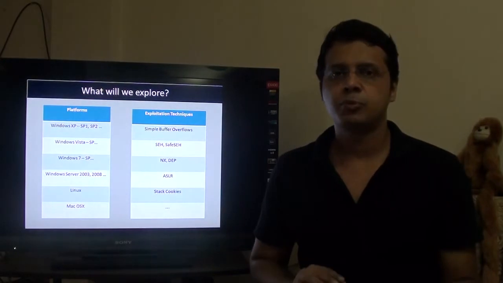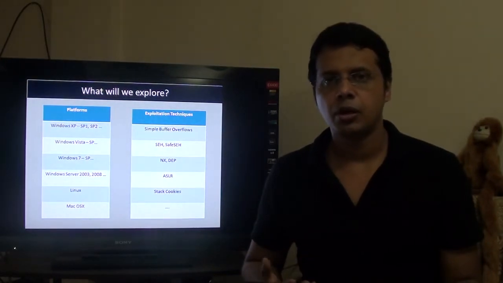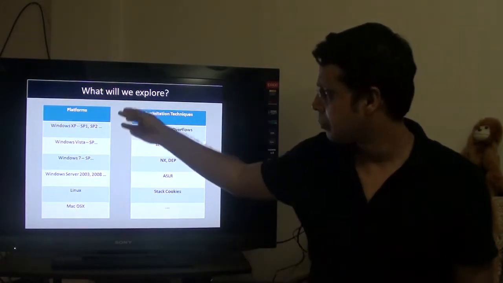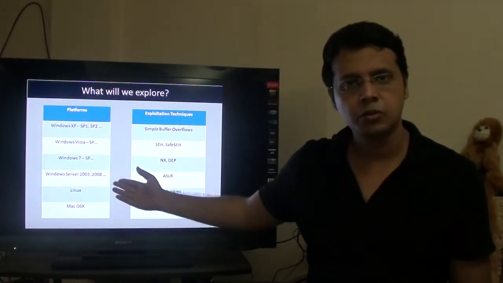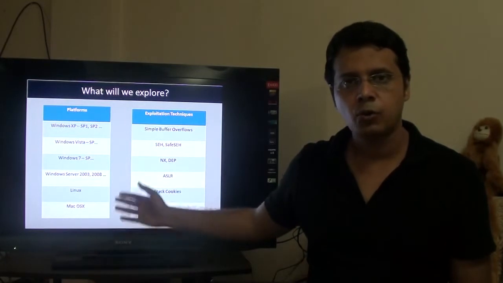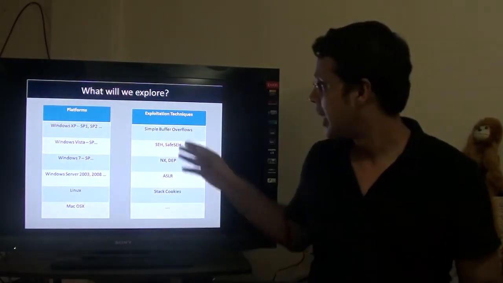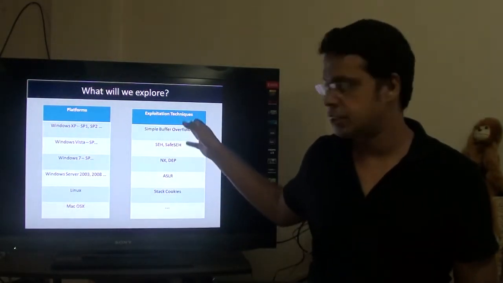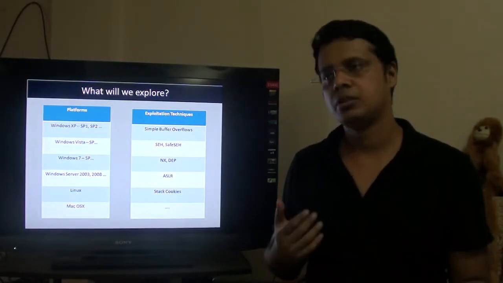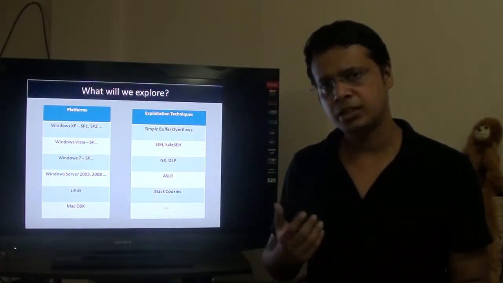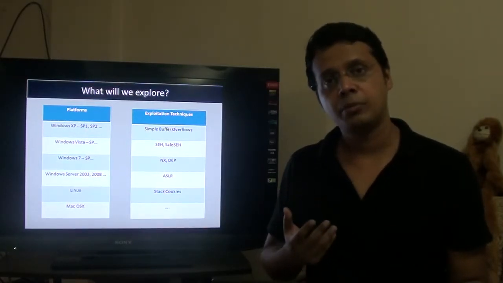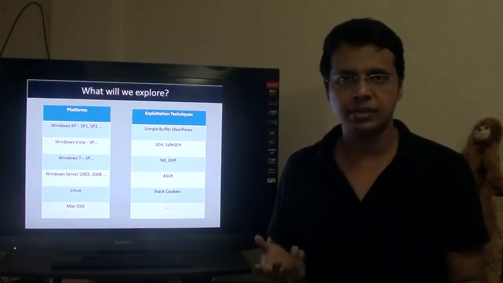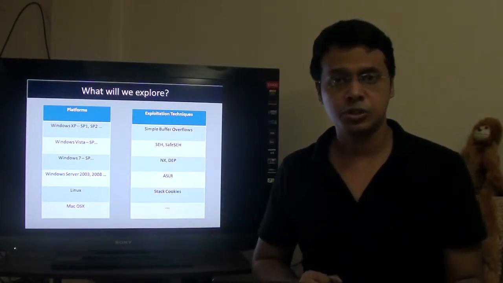And what will we explore in this mega primer? Well, the whole idea is to take different platforms such as Windows XP, Vista, 7, server platforms, Linux, Mac OS, and so on and so forth, and visit various exploitation techniques such as simple buffer overflows, SEH based attacks, how to go ahead and exploit in the presence of NX, DEP, ASLR, and many interesting concepts.